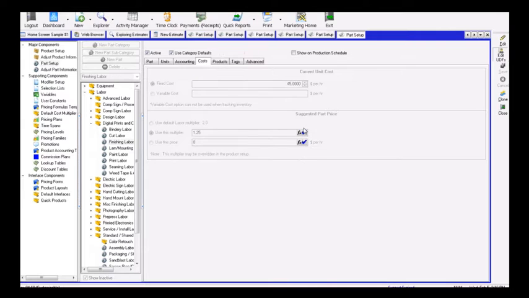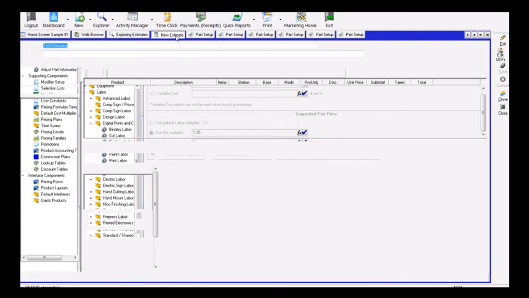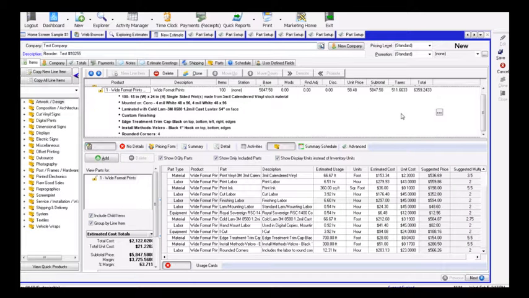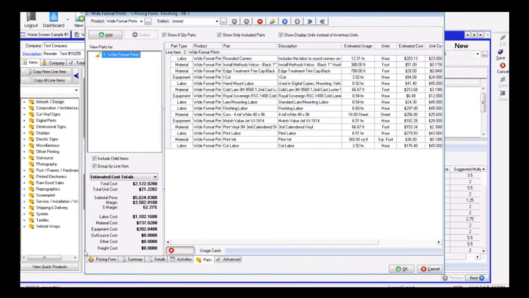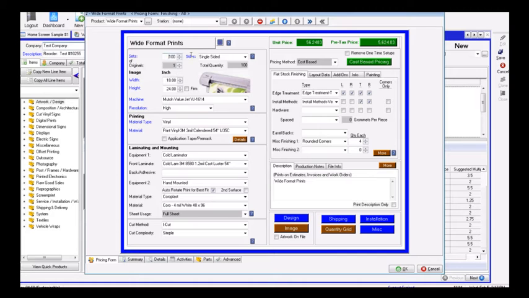If we look at our labor, and I'll show you real quick as well. Right now we have a fixed cost of $45 an hour for finishing labor, and we're marking that up to $90 an hour because we're multiplying it by 2. I mean, this again is not necessarily your situation, just what it's doing currently. Now, if my cost was this high, for example, I may lower this multiplier and not mark it up so much. And that would have dramatic effects as well